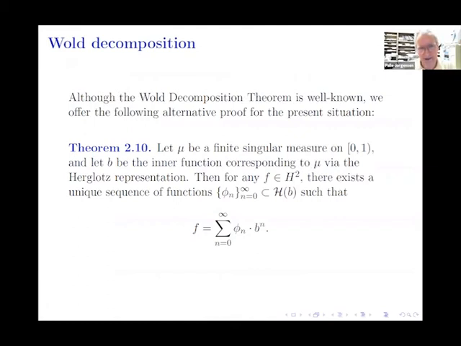And the coefficients lie in the de Branges space. So the de Branges space in this case here is just the orthogonal complement of BH2 inside H2. For functions in H infinity that are not inner functions, you also have a de Branges space, but more complicated. But this one here is just the baby version. And so the reason that I mentioned this is going to follow in the next. By the way, if I have to choose between the two versions of Wold, I prefer my Swedish ancestor.